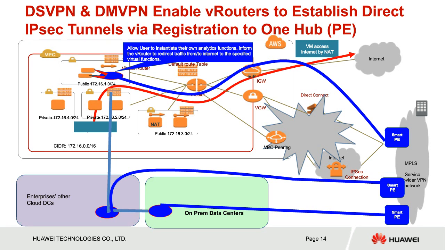So DSVPN and DMVPN have been working in the field, even though they're not standardized per se, but they have been used. But more and more, we find out that there are some scalability issues with DMVPN and DSVPN, primarily because when those two protocols were first invented, it was only for a hub and spoke kind of configuration, assuming there are a limited number of spokes in place. And if you want to scale that into a large number of sites, like more than 10, more than 100, there's some limitation on that.